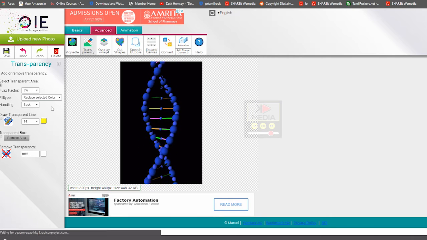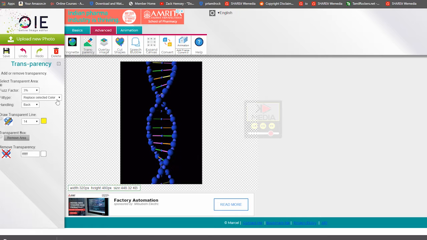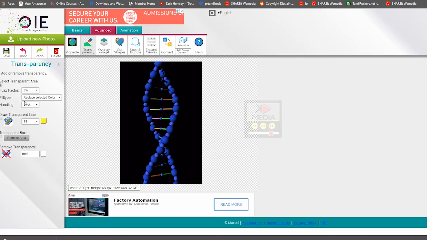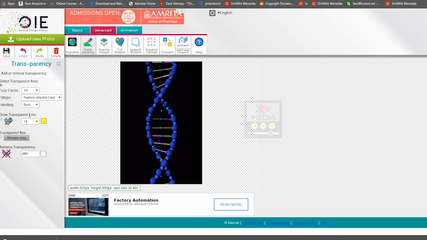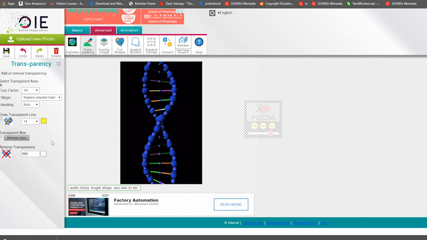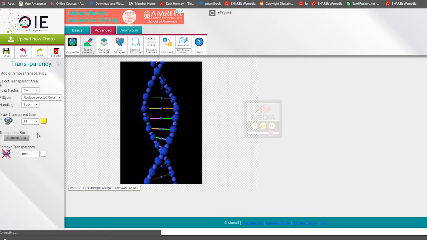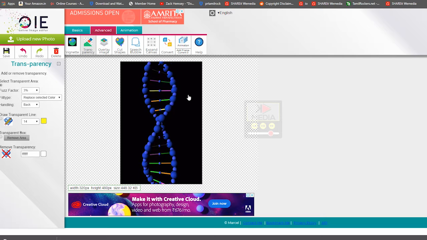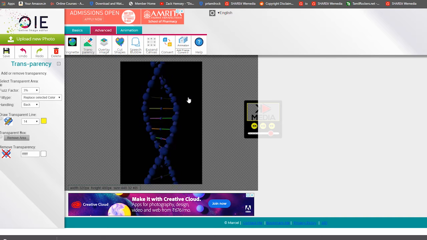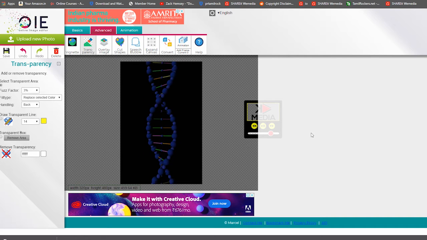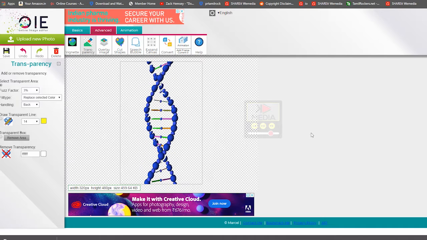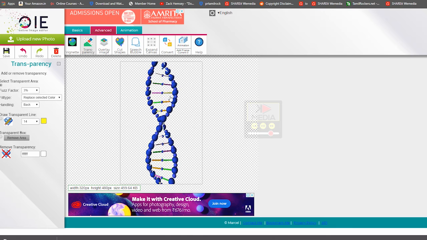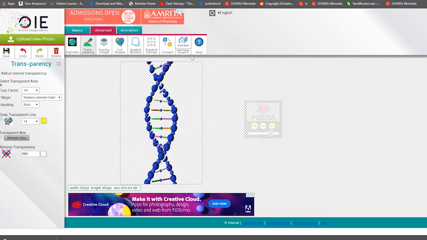Go ahead, and don't click on any other thing. This draw transparent line option and the others won't work for you. Just click the black color one here, a single tap. The conversion depends on your internet connection. See, it's just magic, it happened like that. And the single solid colored background is removed.